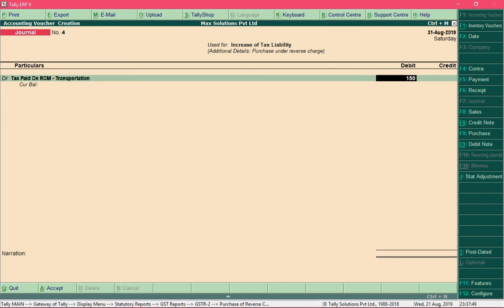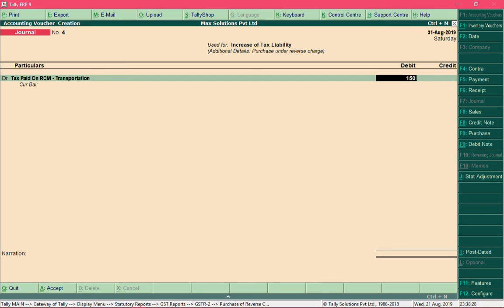So why do we need to debit this ledger? Understand that when we pay GST under reverse charge mechanism, we are required to pay that amount from our bank account at the portal, and after making the payment you would be getting input tax credit for the same, and any input tax credit is valuable to the business, and all input tax credit are asset types, and we know that assets increases with a debit.